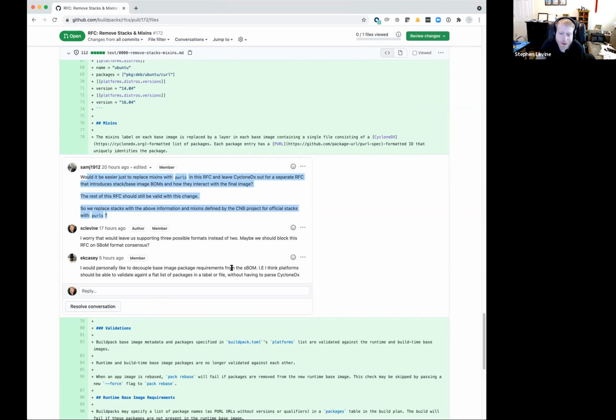I wouldn't let it block if others felt that we really should keep a separate list of Perl packages there. Given that I'm not convinced the separate list of Perl packages could go on a label, I think it could be too long. So we might have to move that into a separate layer also.